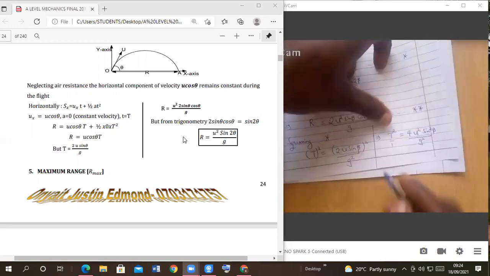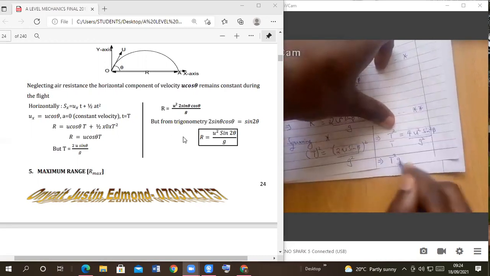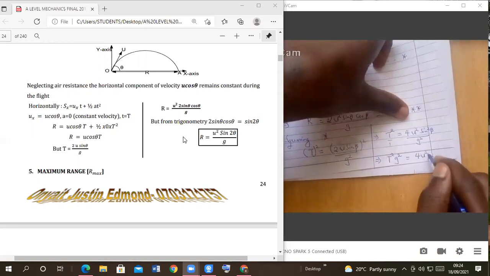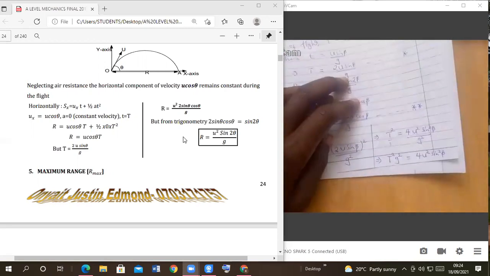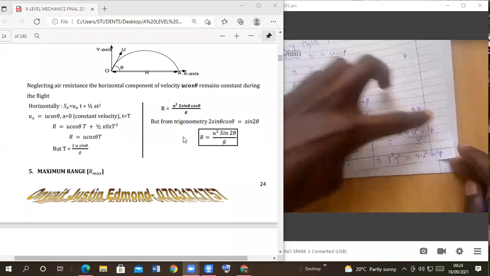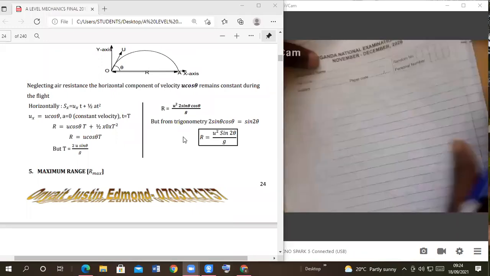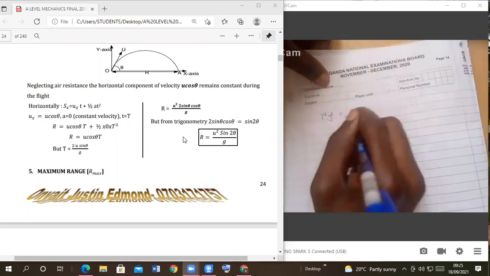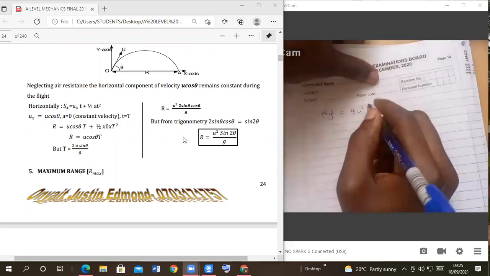When I cross multiply, it will give me t squared g squared equals 4 u squared sine squared beta. So let me open my page a bit. So the expression was t squared g squared equals 4 u squared sine squared